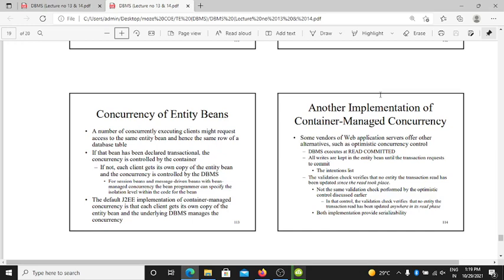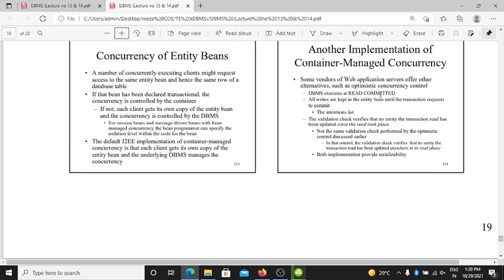The intention is that the validation check verifies that no entity the transaction read has been updated since the read. This is not the same validation check performed by the pessimistic control. In optimistic control, the validation check occurs and verifies that no entity the transaction read is updated anywhere in its will, as soon as the transaction is executed. Okay.